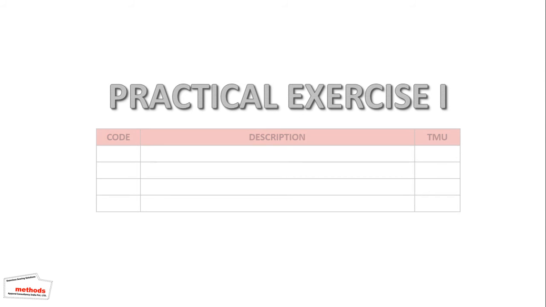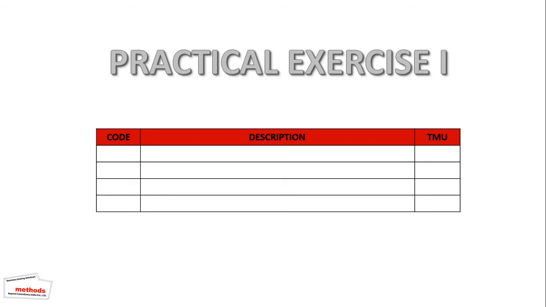In these exercises, you have to read the question and the parameters given. Basically, you have to read the operation description and then fill in this table the codes used in the operation with each of the codes description. However, the last column here states the TMU of the code. As soon as you write the code or select the code, the respective TMU will automatically appear on the box.